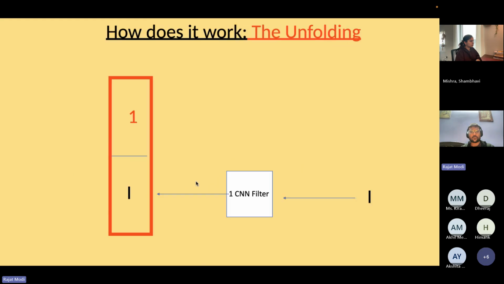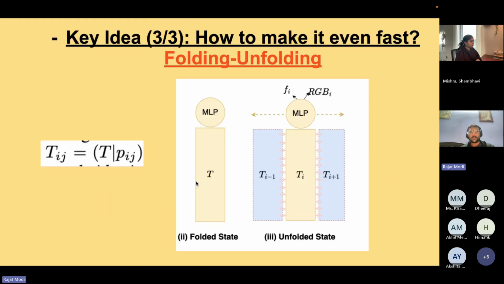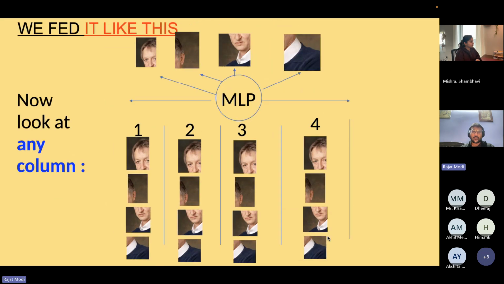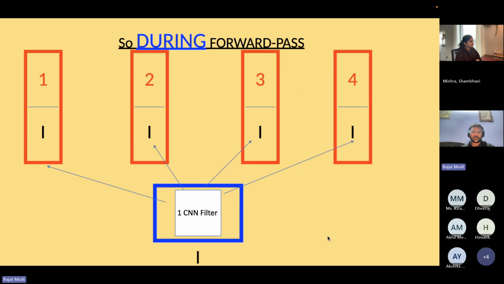So now this is true to the figure which I showed earlier. The network is oscillating between a folded state and an unfolded state. Another point I would like to mention is that folding and unfolding is the same concept which is used in chemistry also, in the paper of AlphaFold, by which proteins fold themselves from amino acid sequences. And that's the whole idea which we use in the machine perception community now.